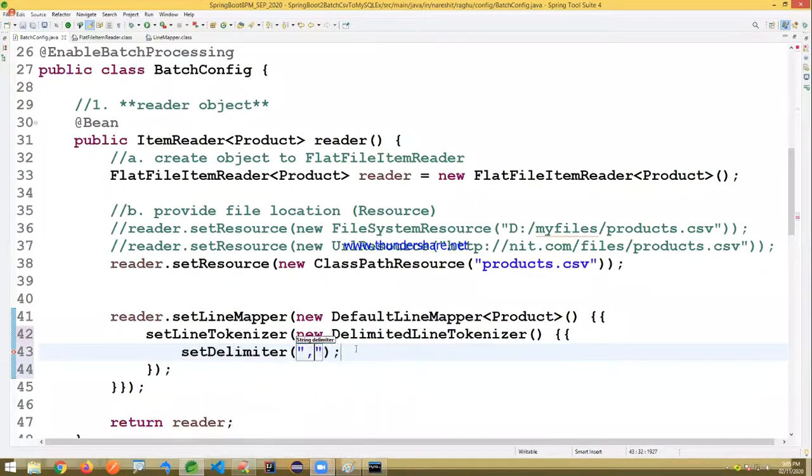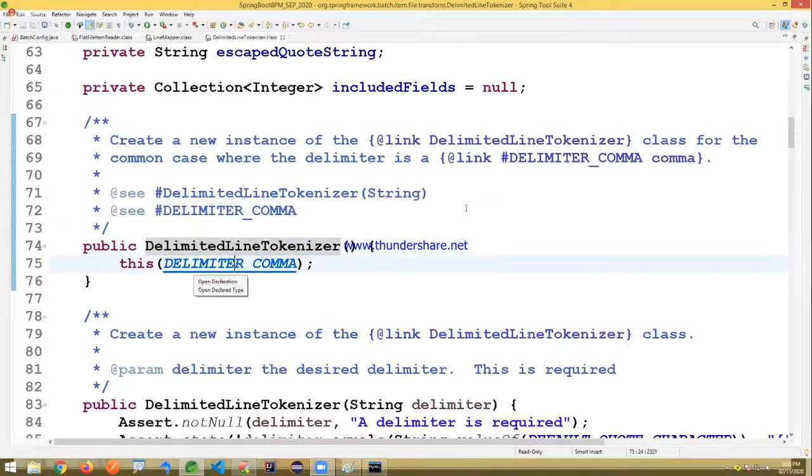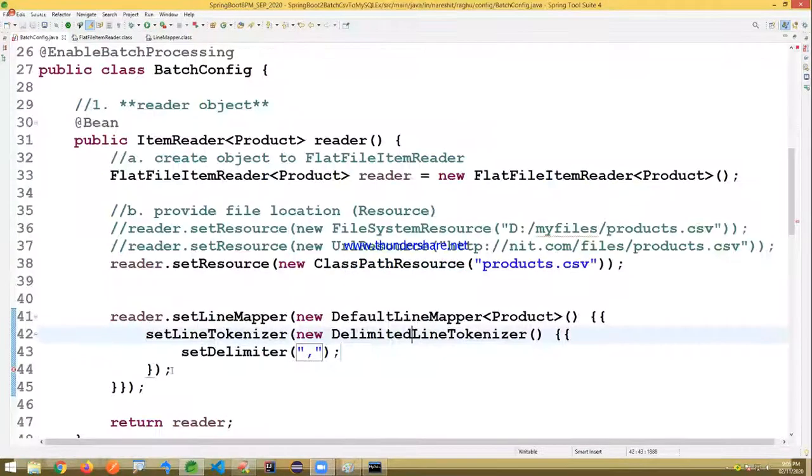This is optional, not required. Default is comma only. If you want to specify something extra, you can write it like this with set delimiter.